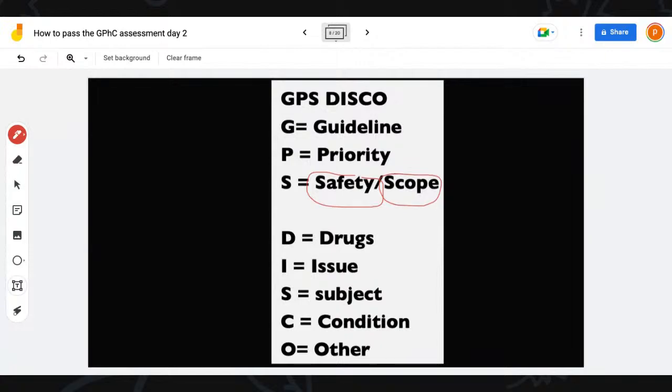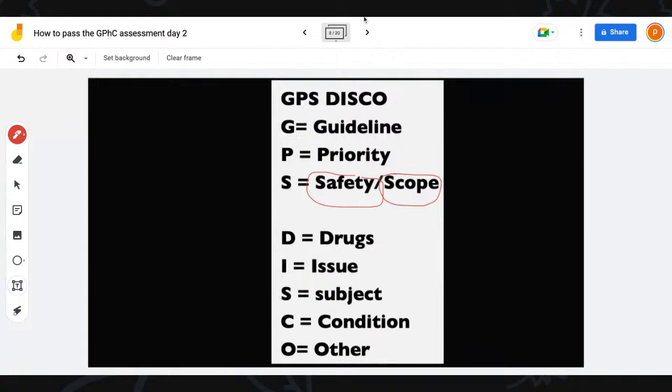Can I do this? Can I give this medication? Can I sell this medication? Is there something I can do at my level to solve this problem? If it's not within your scope of practice, then that's a referral question. That's a referral. So you guys are going to see that later on. These questions that ask you, should you refer to GP? Should you treat them? I'm going to show you, you need to know the scope, right?